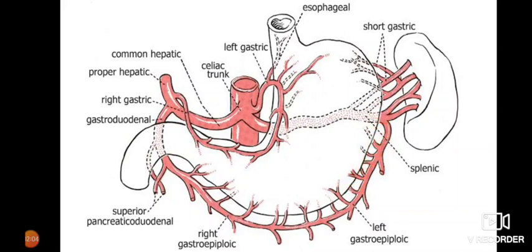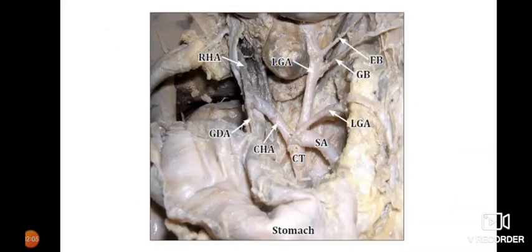Here is the dissection specimen in which you will very well appreciate the celiac trunk with its branches supplying the stomach. First is the left gastric artery, which gives off esophageal branches at the cardiac end of the stomach to supply the lower part of the esophagus and the upper end of the stomach, and the gastric branches